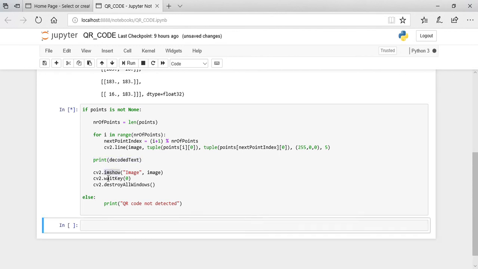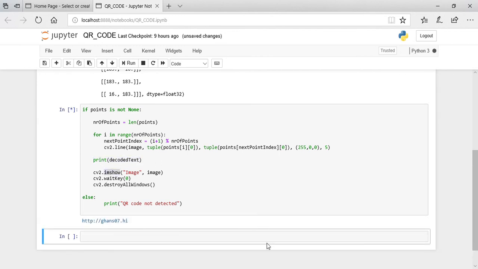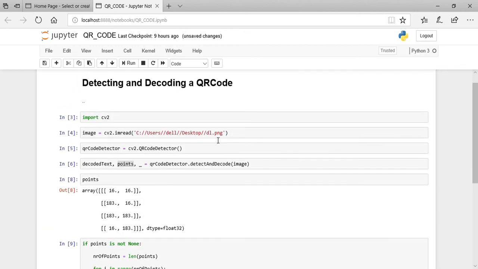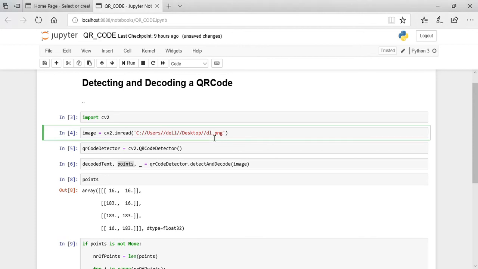So I will just run this, and this will be the image I have given. It will recognize that this is a QR code, and if I give it another image which is not a QR code, then it will